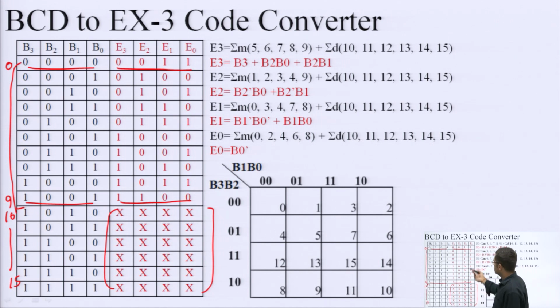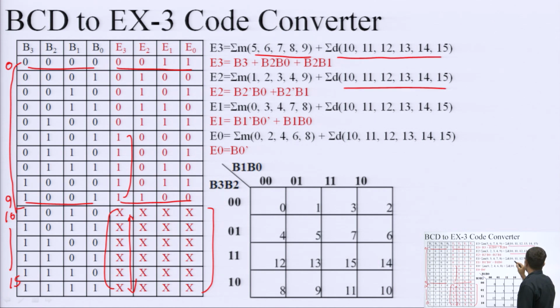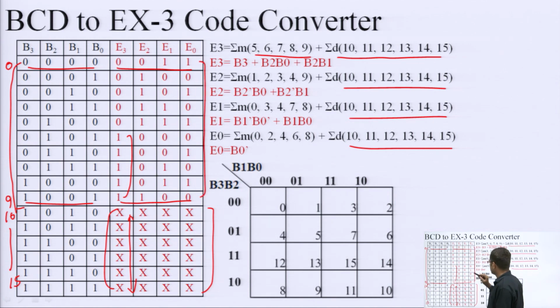And you can check the minterms. E3 is giving me 5 high terms, that means 5, 6, 7, 8, 9, and then 10 to 15 are don't care terms for all 4 outputs. From the first 10 rows, 0 to 9, I am extracting these minterms for E3, E2, E1 and E0. Using these minterm sets, I can solve the K-map. I am solving this first K-map for you, and in a similar pattern, we can solve the K-map for the other outputs as well.